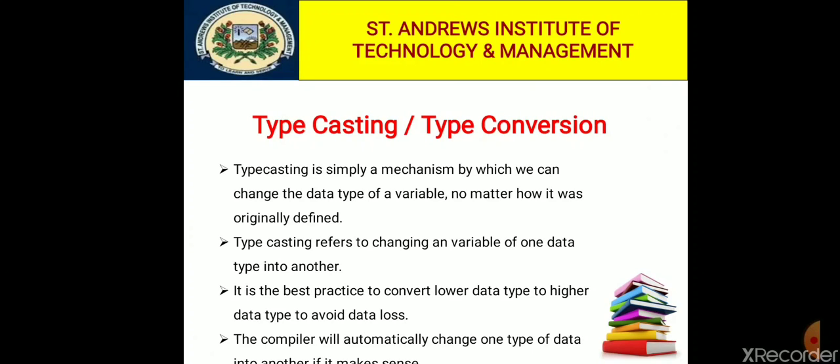If we have a value of data type integer and we want to convert it into float, the conversion of one data type to another data type is called typecasting or type conversion. So typecasting refers to changing a variable of one data type into another, or we can say that typecasting is a method in C language of converting one data type to another.